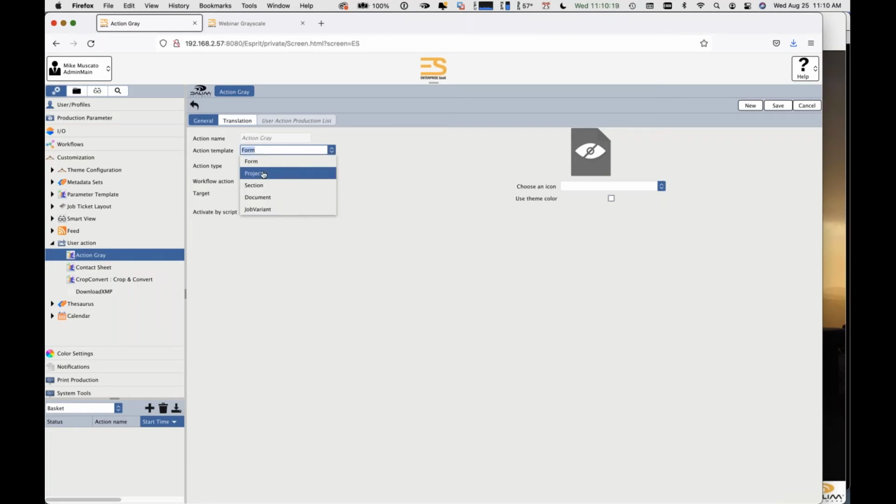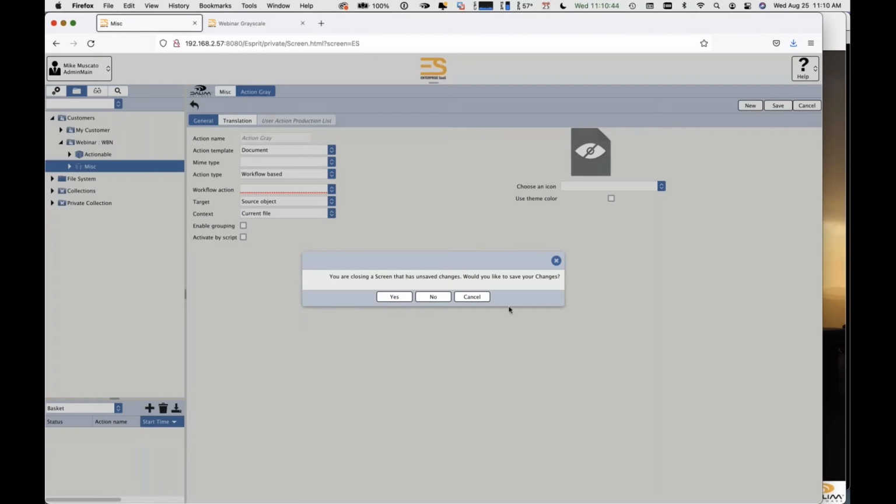But project also requires files to be in a flat plan, and I'll show an example of that later on. This thing called user action production list, I'm going to save for last because he is a real doozy. So let's get started, and I'm going to go over a couple of the built-in user actions